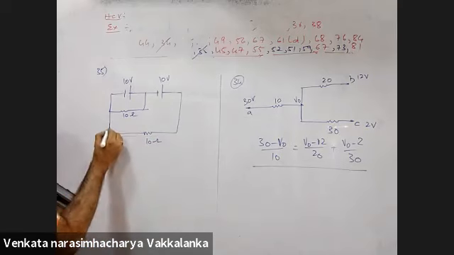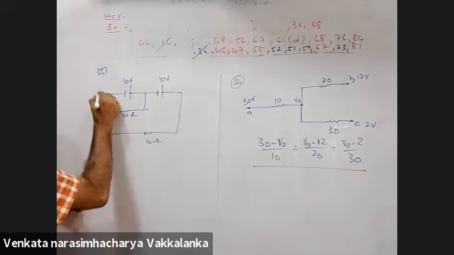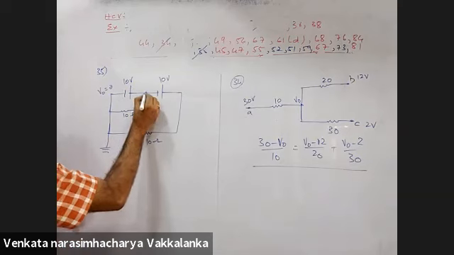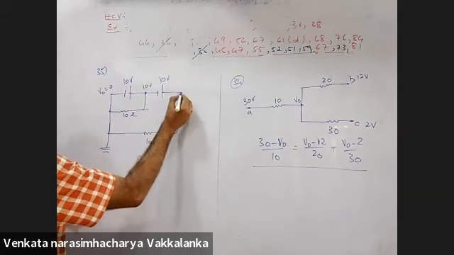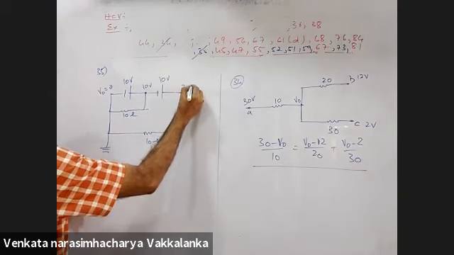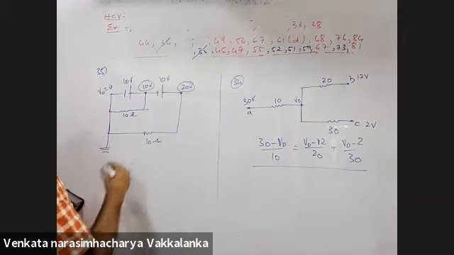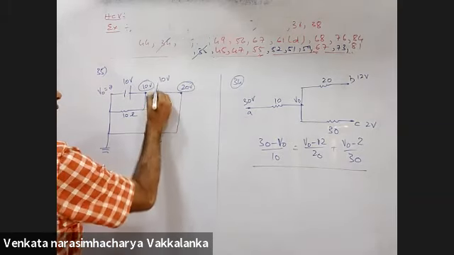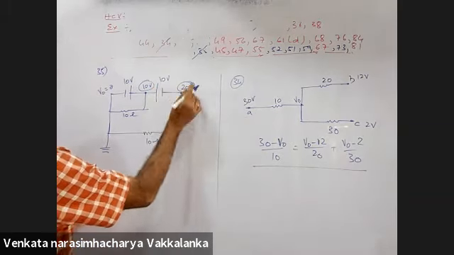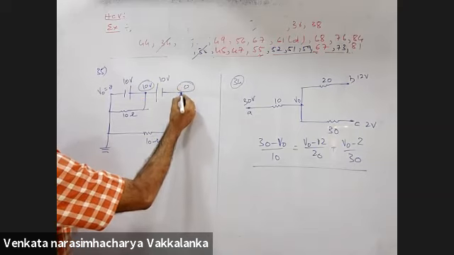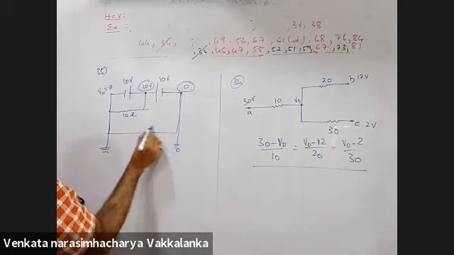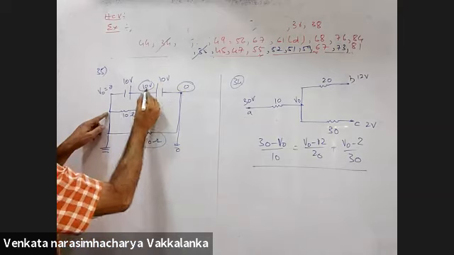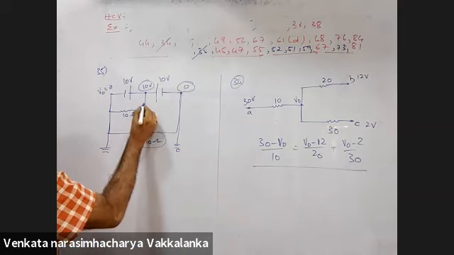Now have a look at it. If I ground this and consider the potential here to be 0, what will be the potential here? 10 volts. What will be the potential here? 20 volts? So the cell is reversed. The second cell is reversed. तब तो 0 हो गया ना यार. There is no current in this. In this, current is (10 minus 0) by 10, 1 ampere.